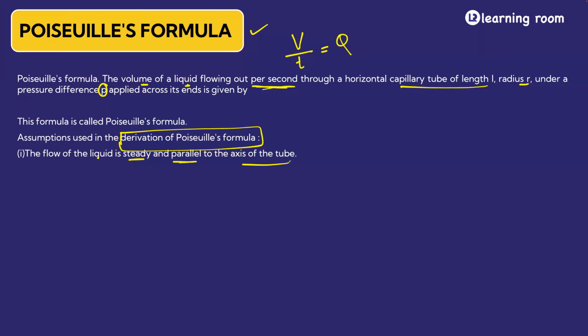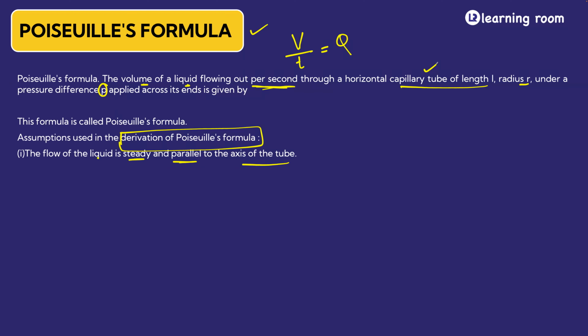So first, let me explain what this capillary tube is. You can imagine a straw. We have a straw, right? We use it for cool drinks and everything. That straw can be considered to be a capillary tube. If the liquid is flowing through it, right? The rate at which the liquid is flowing through that capillary tube of length L, radius R, under a pressure